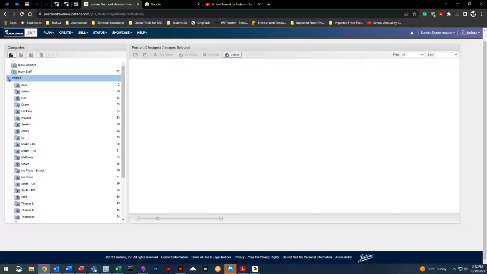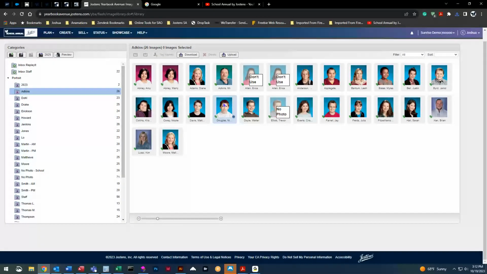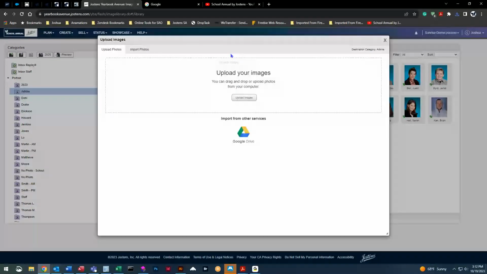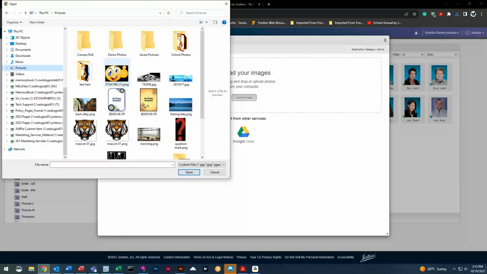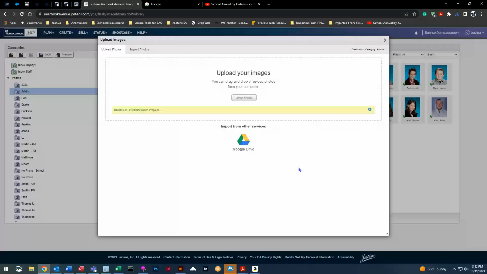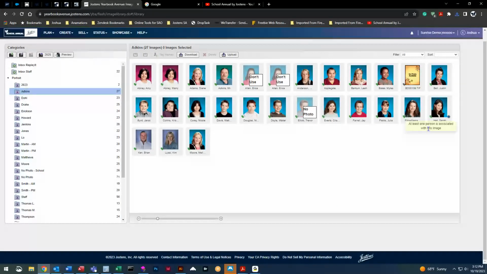Then we're going to go back to the folder that we were just at. We're going to click on upload, upload image, go to the folder that that's in. We're going to click on that one and then click on open. Wait for the progress bar, and once it's green, you're good to go. You can close this window out or click on upload and upload as many of that no photo as you